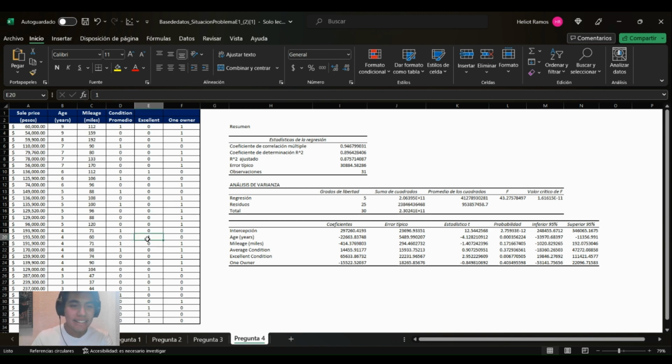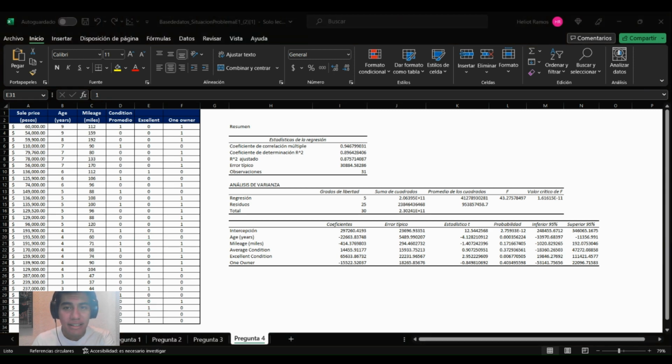That is a case where I can see the excellent condition variable really sticking out. However, that is not really